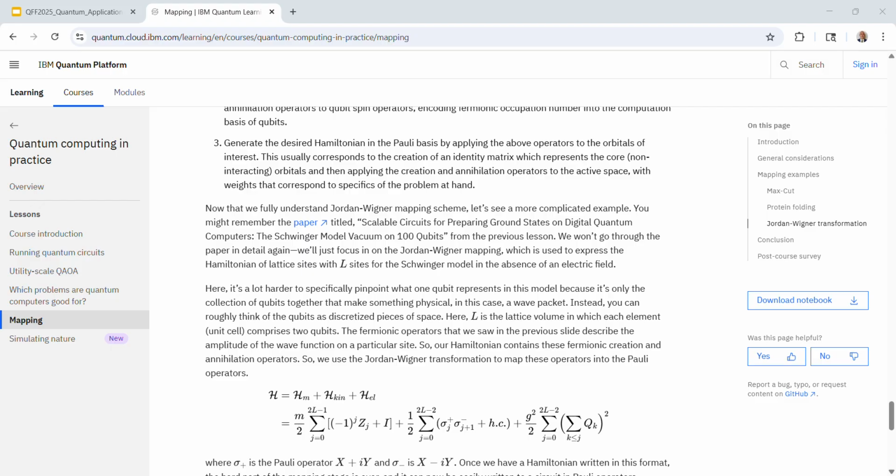Oftentimes I've worked with people who make their toy model and say, oh, it's not better than the classical solver yet. And it's like, well, yeah, but this is a toy model. We can see that we're getting a reasonable answer out, something better than random guessing. Then we start optimizing and building this up to make the circuit more expressive, to have a better optimizer, to play with different encoding methods and understand the best way to do that. That's the experimental methodology.